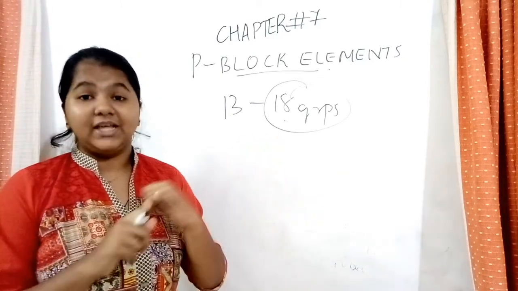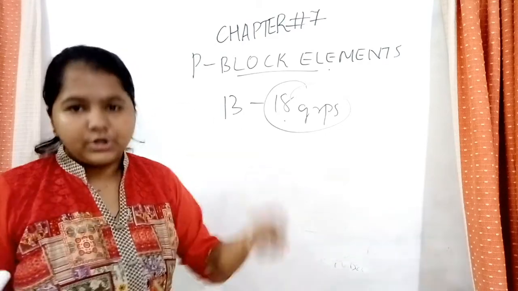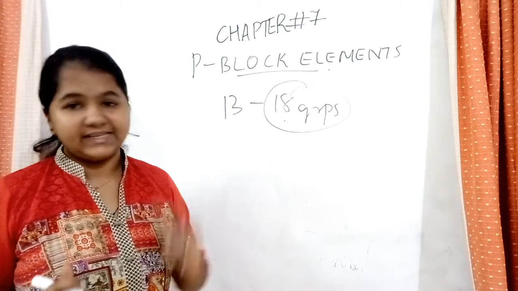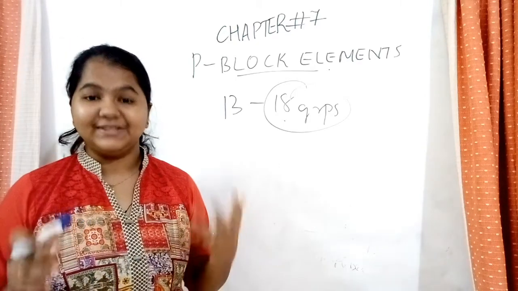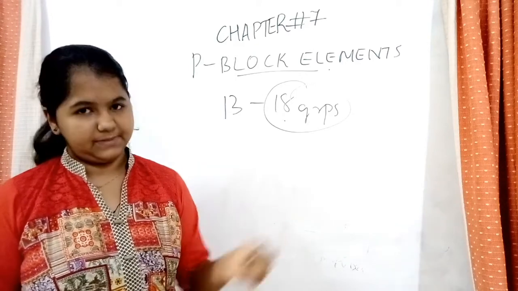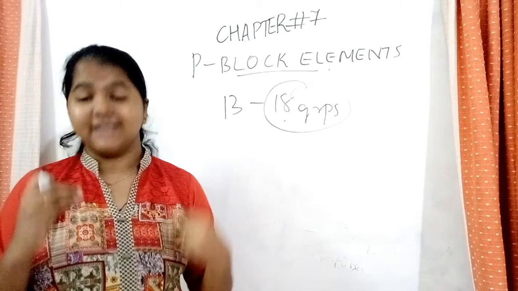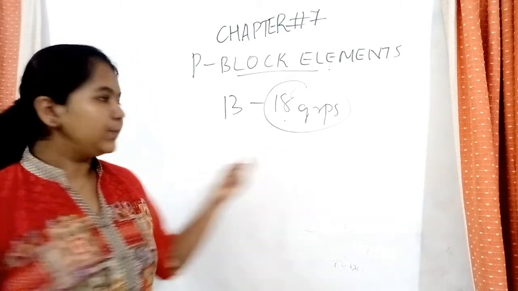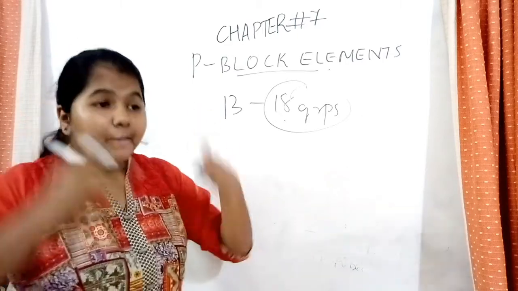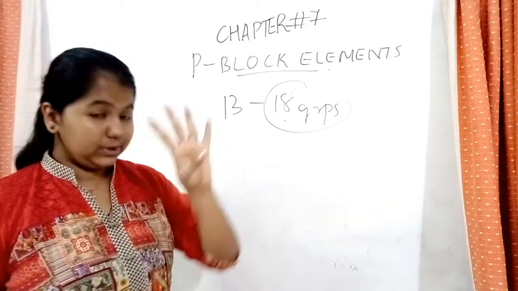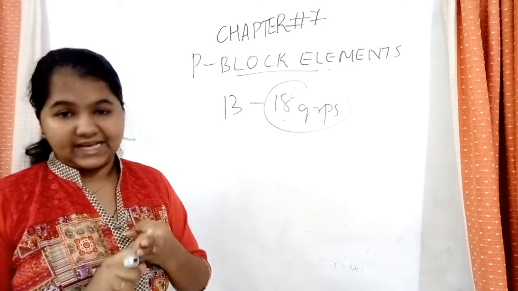We discussed the formation or the preparation of the last two of them, radon and xenon. We also discussed the compounds formed by these elements. We learned the first element doesn't form any compounds, rather xenon and krypton do form. And we learned about the formation of xenon fluorides. We had to learn three of them: XeF2, XeF4, XeF6.